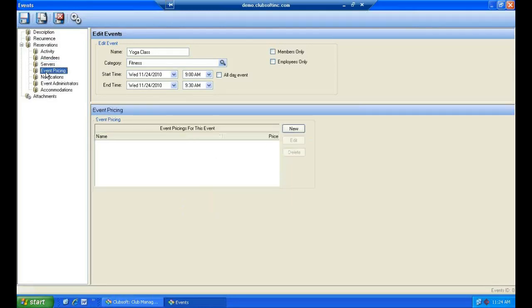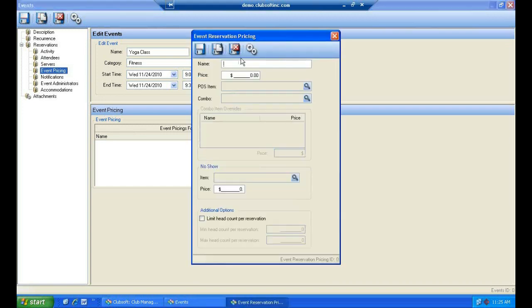Go to the fourth area, which is event pricing. Event pricing is the most important area that we're going to put in because it obviously puts forth the cost and actually sets up the ability for them to sign up, one or multiple different kinds. So why don't I choose the option for new price,